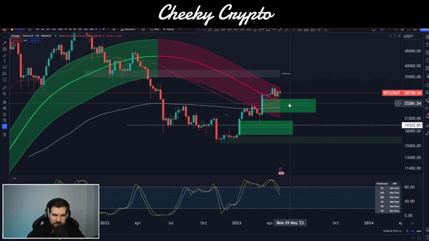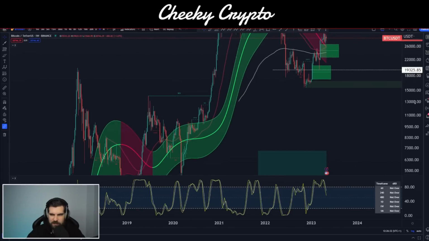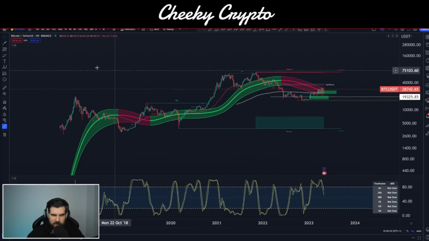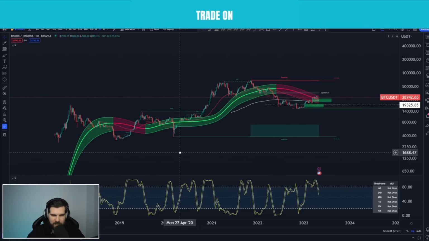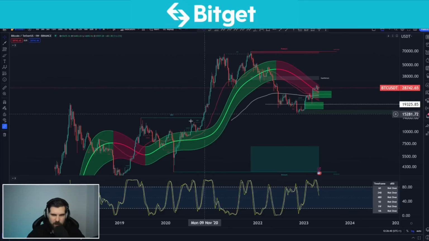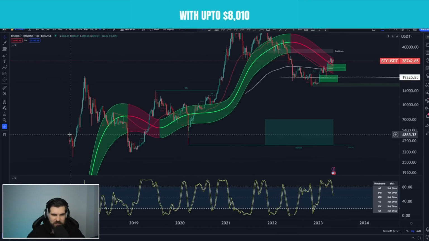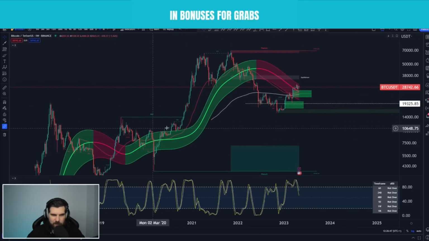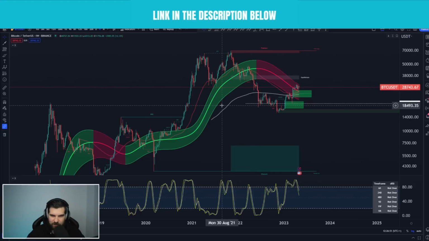Now on here we can also see two fair value gaps. This one's low side is 17k. These have a tendency to get filled out because of the way that they are created by nature. Now if we zoom out of this, we can see there are no other fair value gaps on this Binance chart. But if you go to Bitstamp, you can see some from the very early days. This is for good reason. Every time that a weekly fair value gap has appeared here since 2017, the price action has come back and filled those gaps out. Sometimes it can take a very long time.